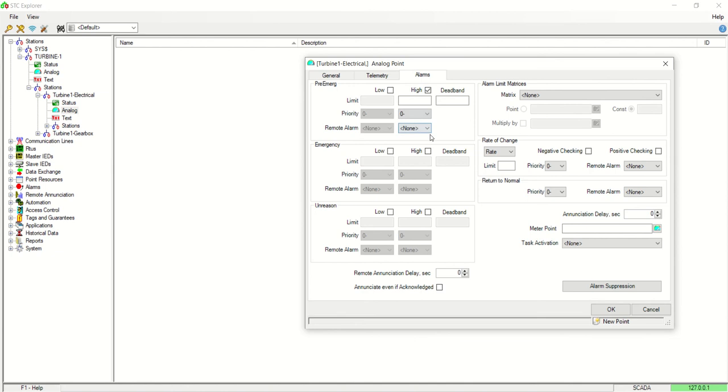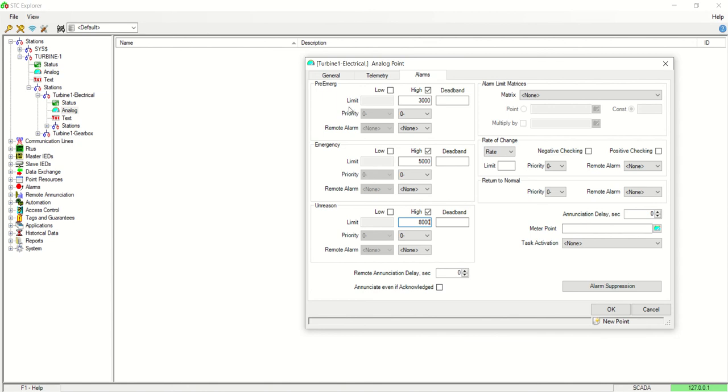if the energy produced is more than 3000, then I need to prepare something because it's still in pre-emergency. Then if it's more than 5000, then it will be emergency maybe. And if it's more than, let's say, 8000, then probably the turbine needs to be turned off. Not sure. So you can classify your alarm